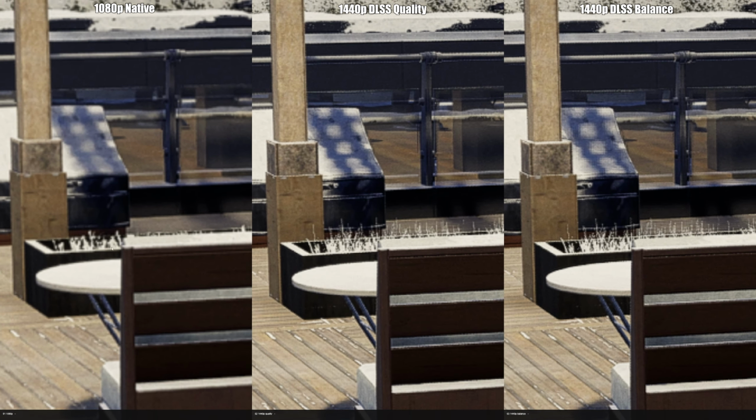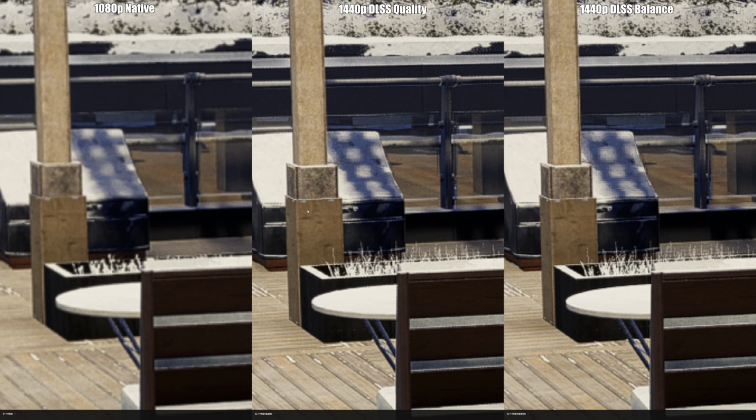Look at this little grass in here that is supposed to be in here. As you can see, it's not resolved at all at the 1080p native when it comes out of the black areas. You can see it here in the red one, but when it comes to this area, it's just not resolved. While here you can see that this is much more detailed, even on the DLSS balance